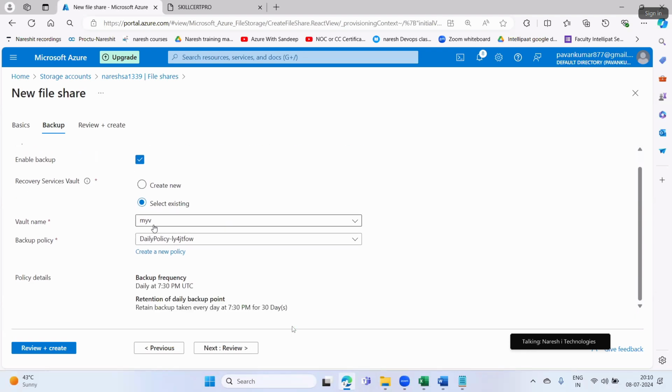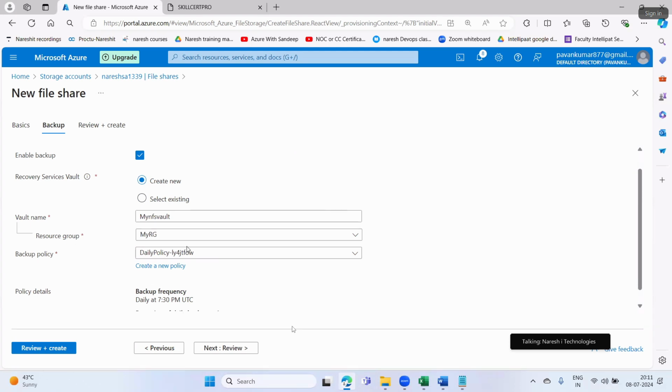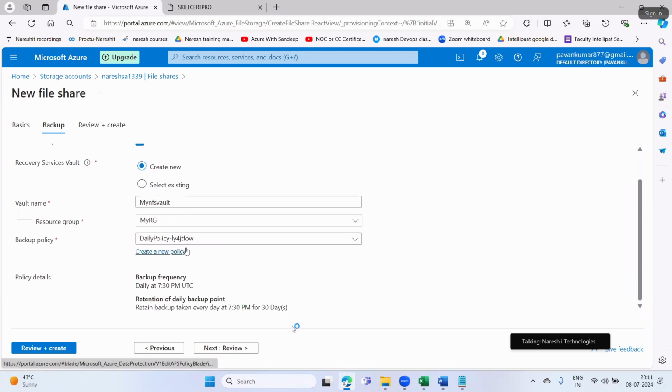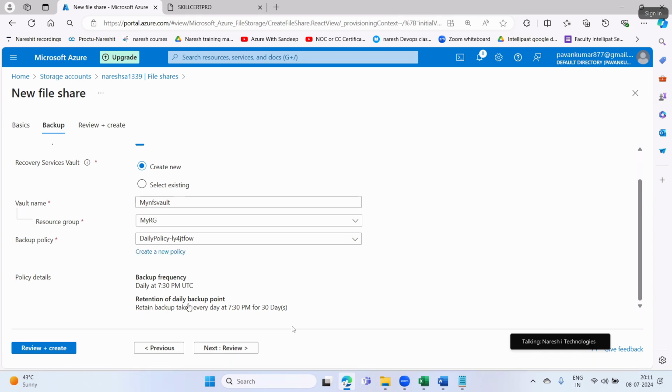Okay, I'll say here my vault name. I'll say here create new, my Naresh file share vault. Okay, my Naresh file share vault. Okay, my RG. Fine. Now next what I'll do, I'll say here, it is giving me a policy that it